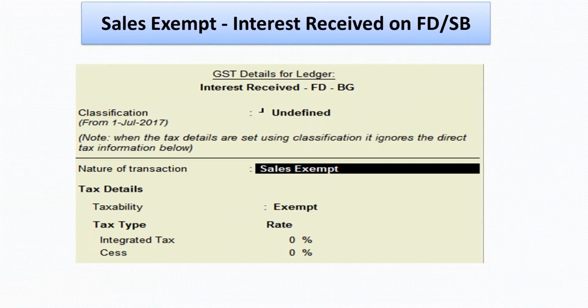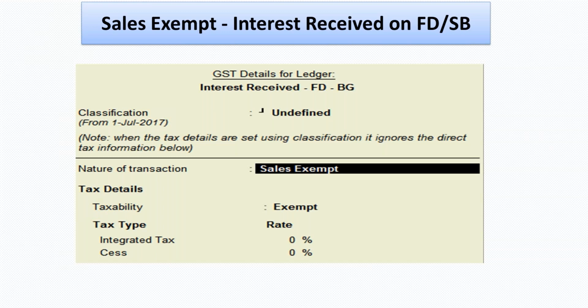So if we look at the interest received on FD or fixed deposits or term deposits for that matter, that is also treated as supply under GST because it is a use of money. So the services definition covers that. So that gets covered under supply, but there is a specific exemption in notification 12/2017.